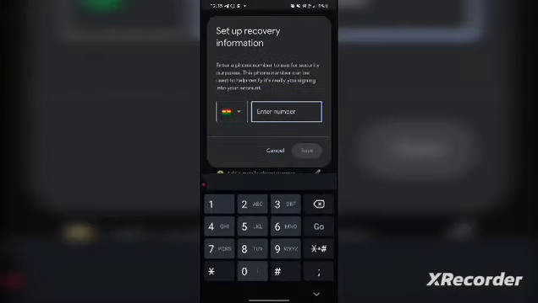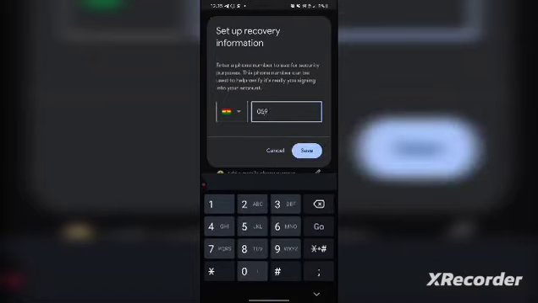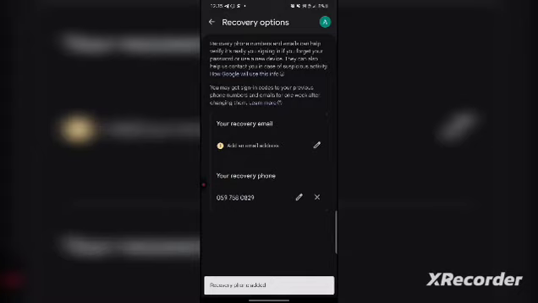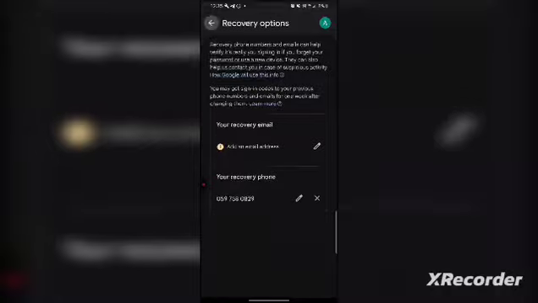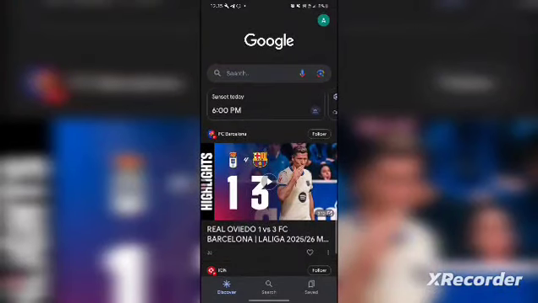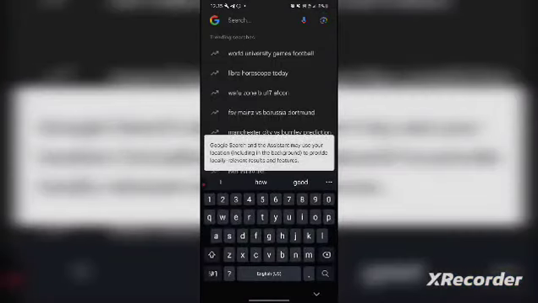So you have to add our phone number so that we can easily access it. So let's enter our phone number. Then your phone number has successfully been added. So after you've added your phone number, you have to go back. So you can see our phone number is added. So let's go back and search for